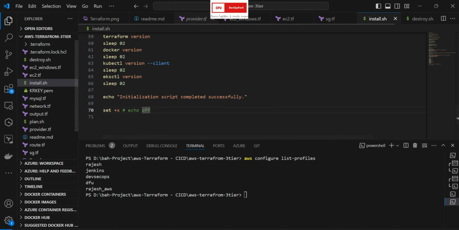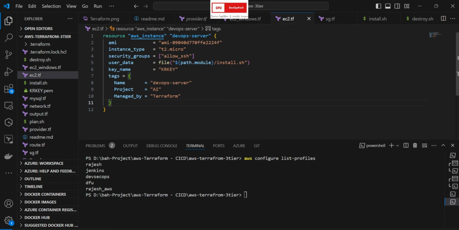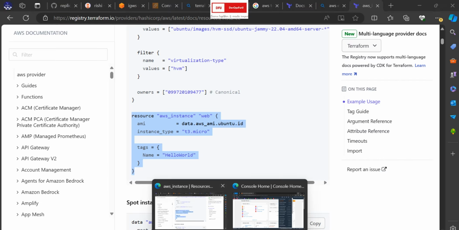Okay, this is what the user data is doing. And key name: if you remember, during the starting of my demo I explained that Amazon always allows you to create a public and private key. It does not use username and password while deploying the server for the first time, whether it is a Windows or Linux server. So we need to create a key, or we can also deploy that key using Terraform. But for this demo, I have already created a key manually in the